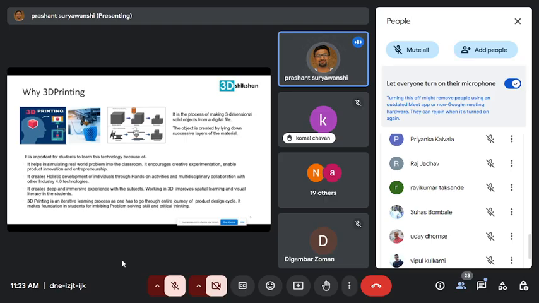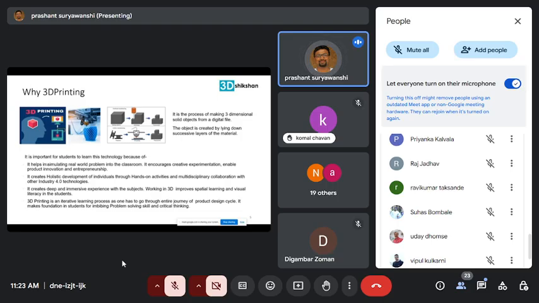So you can see 3D printing is a smart manufacturing technology, but it also needs engineering science, material science, and particularly design knowledge. There are a lot of multidisciplinary skills required.